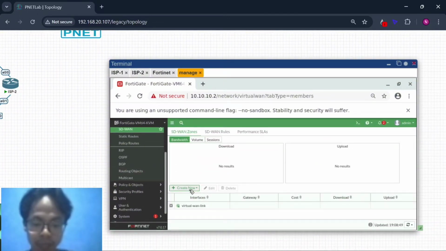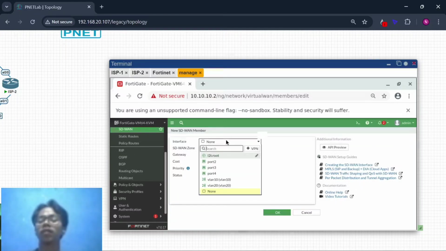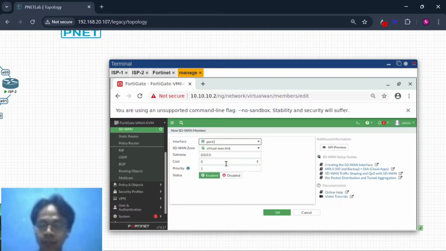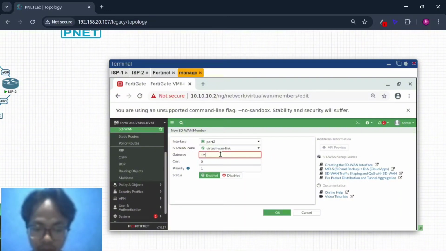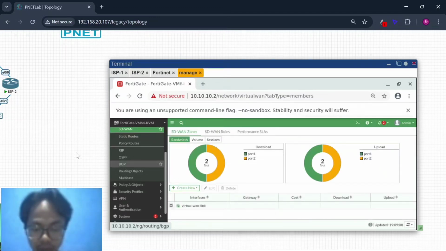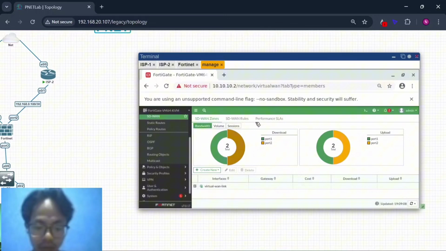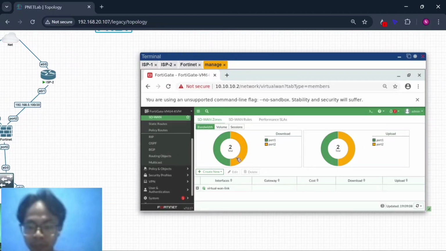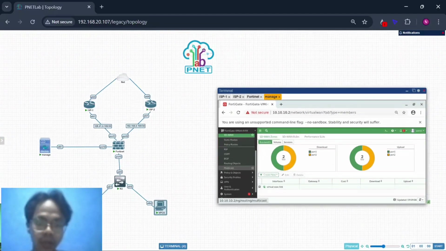And now create the port 2 SD-WAN member here, interface port 2, gateway 192.168.0.101. Okay, now you can see the SD-WAN zone has port 1 and port 2 inside.